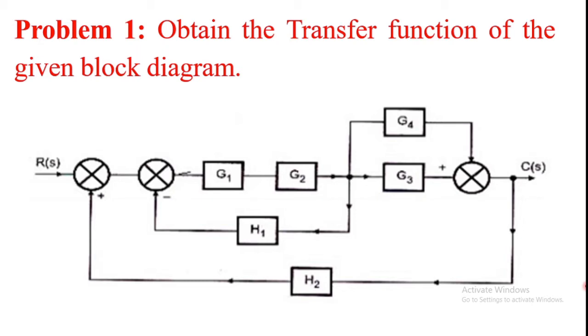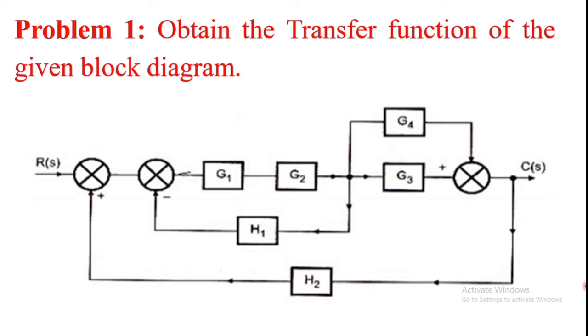In the previous video we already discussed block diagram reduction rules and reduction problems. So what are the steps? First, eliminate the series blocks, that is step 1. The second step is eliminate the parallel blocks, and the third step is eliminate the minor feedback loops. After that, step 4 is moving the summing points or the branch points before the block or after the block. And step 5 is repeat step 1 to step 4.